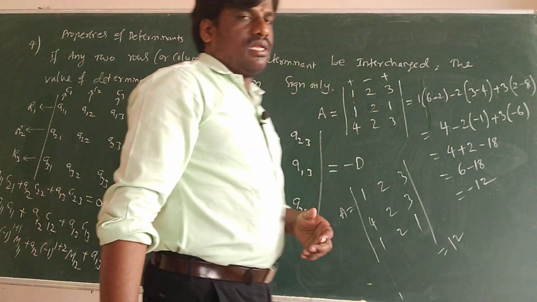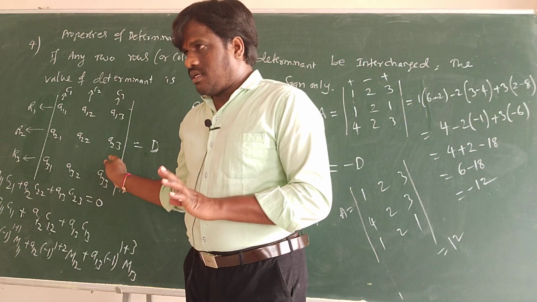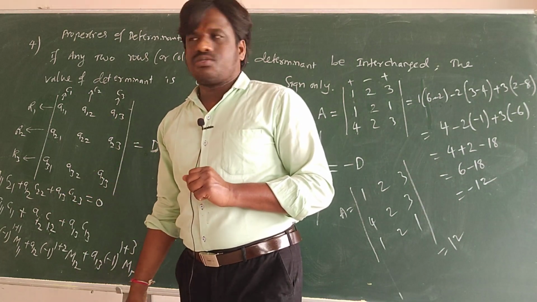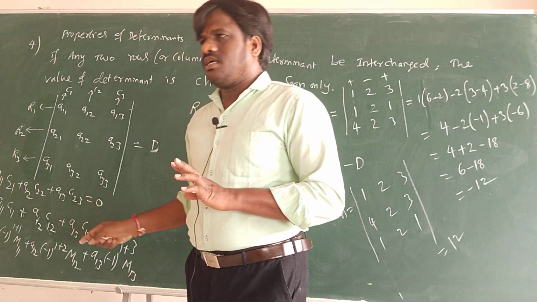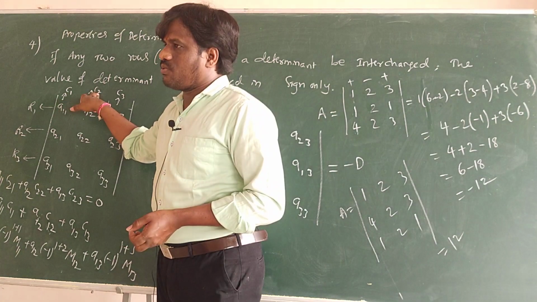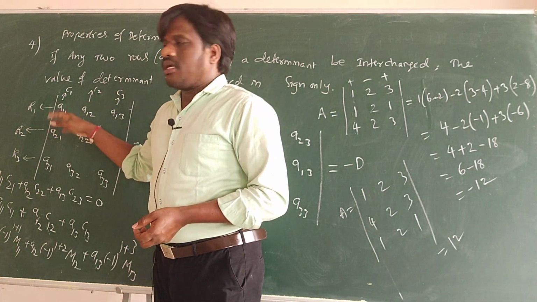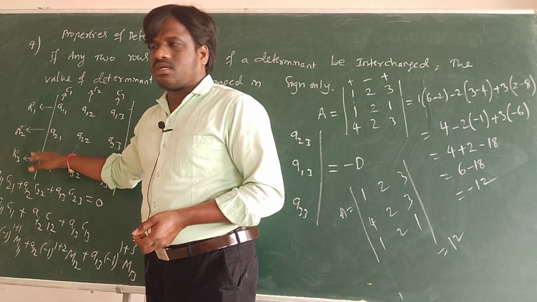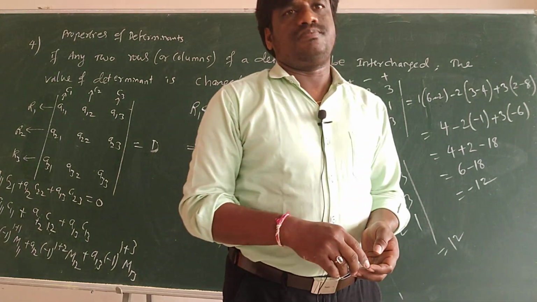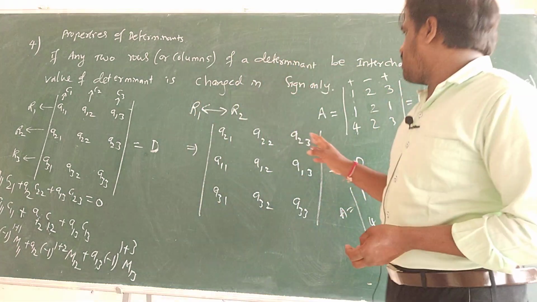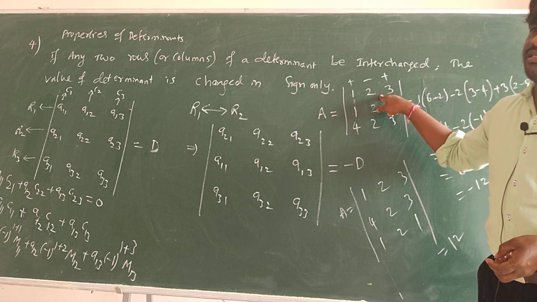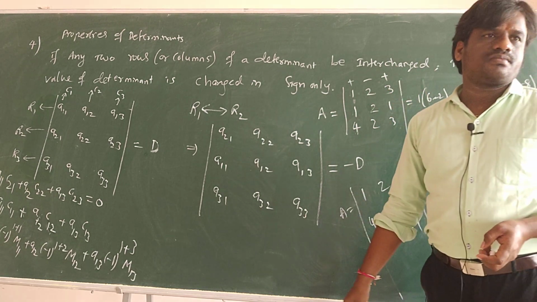So now I got this. Actually it is not related to property, this is a separate lecture. Previously I needed to cover this point, I missed out. Understood? Did you understand what I said? Determinant will be what? This one into C11, this one into C12, plus this one into that. Instead of this row, if other row cofactors are multiplied, then that always will give you 0 answer. You want to check, you can check it. You can take this one, find the cofactors of this and multiply with this, you get the answer 0.